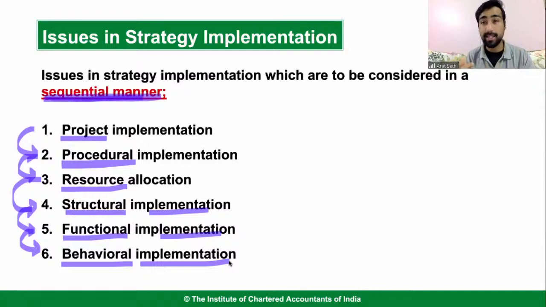It is for your middle and lower level management people who are supervising things, who are understanding the processes and working around it, right? So these kind of issues that come in strategy implementation, stepwise, you have to take care of, you have to supervise, you have to find out problems, you have to solve problems. Whatever problems come in implementation, you have to solve those issues. You have to understand क्या गलत हो रहा है, and you find solutions.